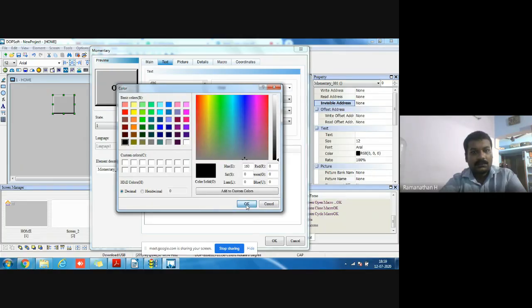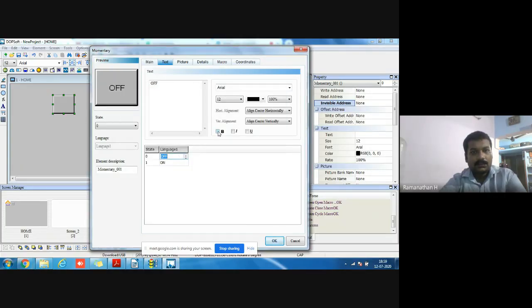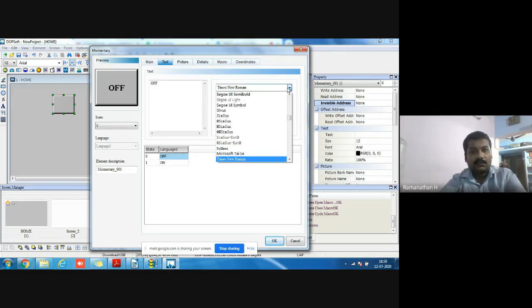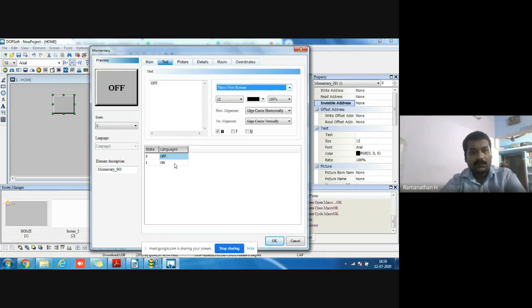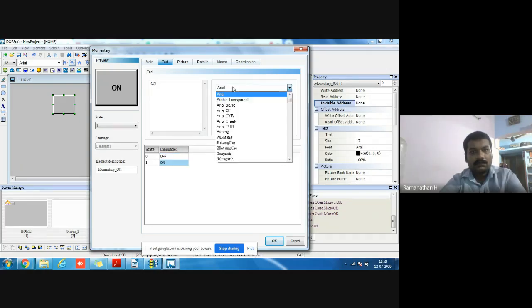Color is no issue. Here, bold. And alignment, alignment is also there. If you want to change the format.